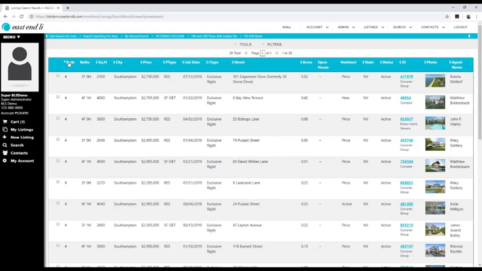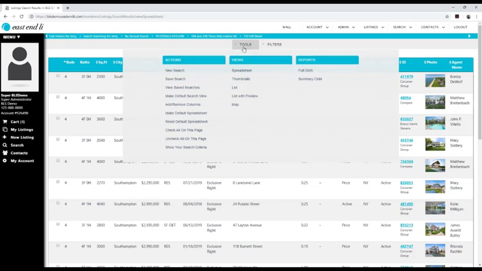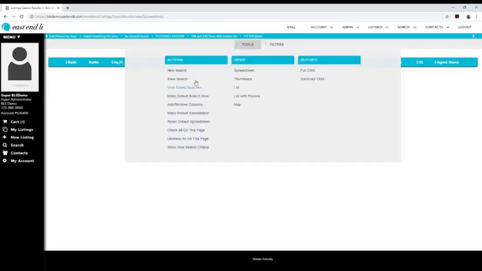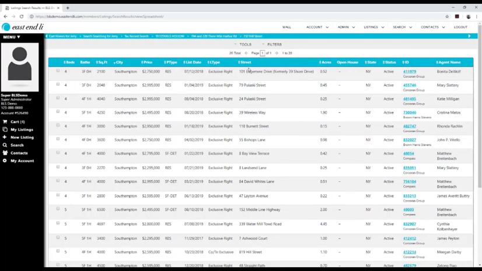If there's a column that you do not see on the spreadsheet, we can click on Tools and click on Add and Remove Columns. From here we can go ahead and further customize the spreadsheet by removing different columns that we don't want or adding ones that we'd prefer to see. For this instance, I don't need to see the photos, so I'm going to remove those fields. My spreadsheet is going to refresh, and now I can see all of the listing data that I wanted, but